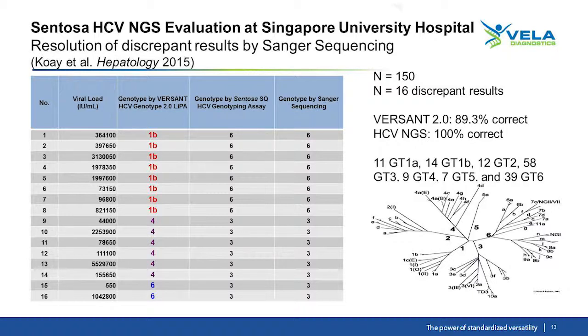I'm bringing up that slide, which I've shown sometimes before, to show you that the line probe assay, which has been used most widely worldwide, has quite a significant tendency to wrong calling of major genotypes and subtypes. I'm not blaming anybody. It's been around since 1992, I think, but it's been indicated also today in Professor Perno's lecture this morning that genotyping is of utmost importance, and I will show you in a second why. There are several reasons for this. I will show you only one, which is mainly cost, and that is